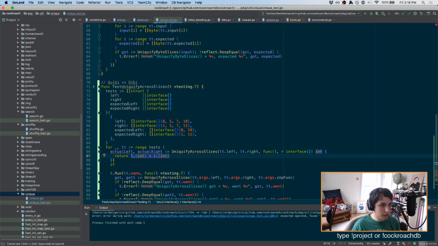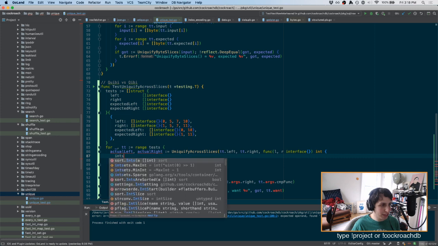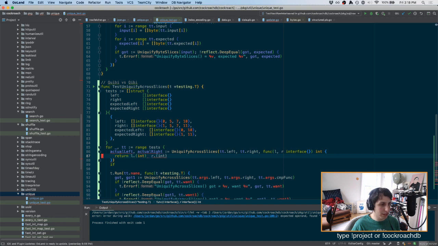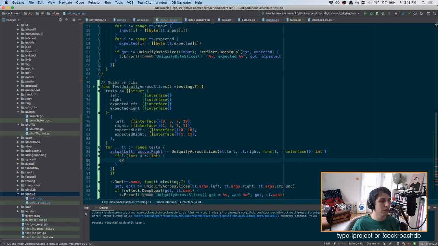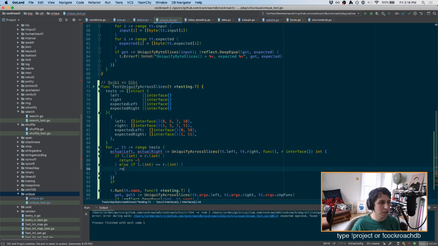This is unhappy for some reason. Cannot use type bool as type int. That's because... doesn't int have a comp function already? Maybe not. If L int is less than R int, return -1. Else if L dot int equals R dot int, return 0. Return 1. Okay, so then